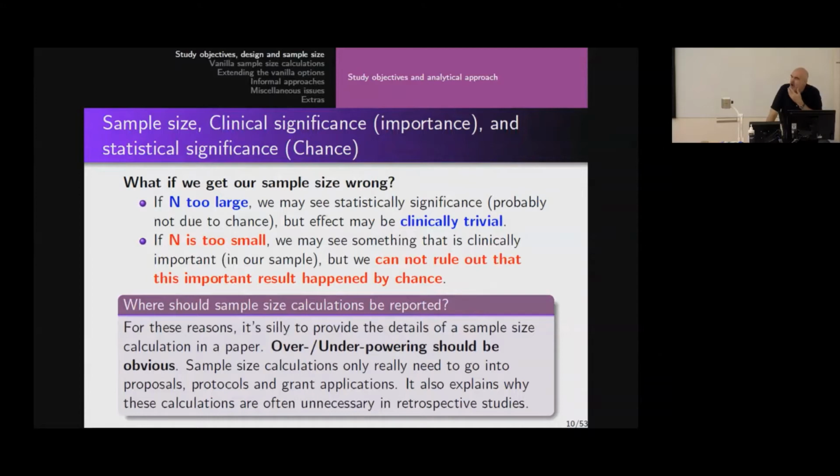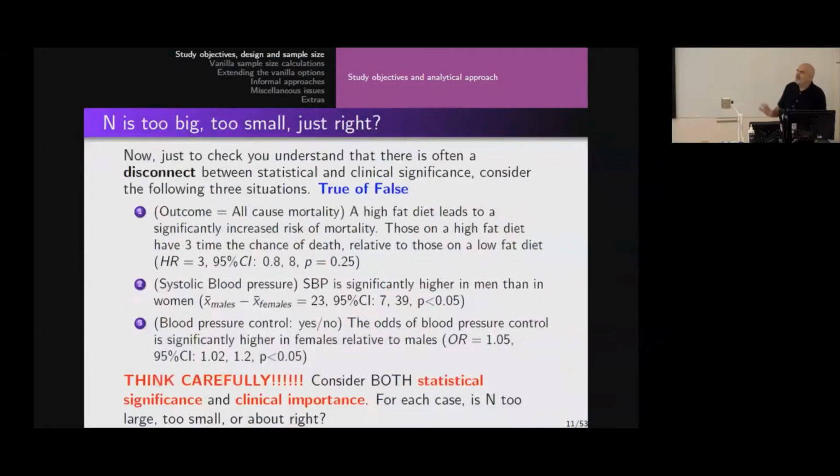The reason I hate this and the reason I think it's unnecessary is we can use our eyes to see whether something is overpowered or underpowered just from the results of the analysis. We don't need to see a sample size calculation. I can spot it a mile away, and I'm going to see whether you can spot it too. So I'm going to give you 3 examples here. We're going to work through them. In the first one, I want to know, is it appropriately powered? Is it overpowered, too many people, or underpowered?